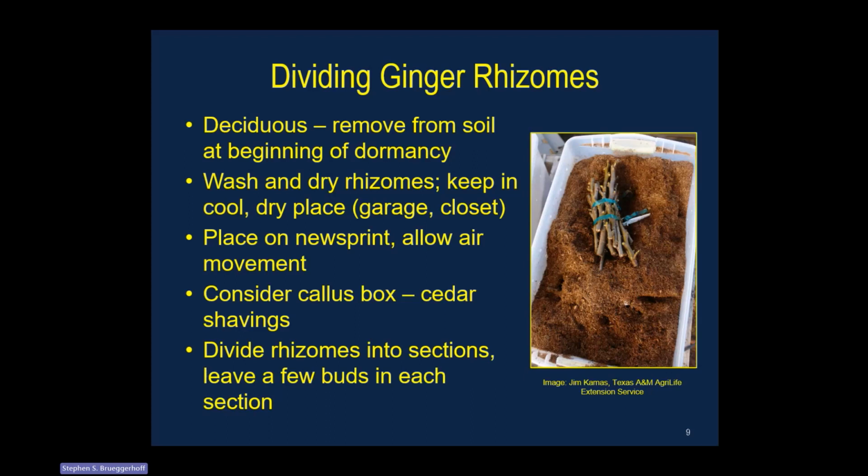About 3 weeks ago, 4 weeks ago, about a month ago, they started going deciduous. All of those leaves just started shriveling and dying back. The plants are still viable. The rhizomes are still viable, but now they've gone dormant because the soil temperature has gotten cool. So I just popped it into my garage for protection, if we do get a hard freeze,